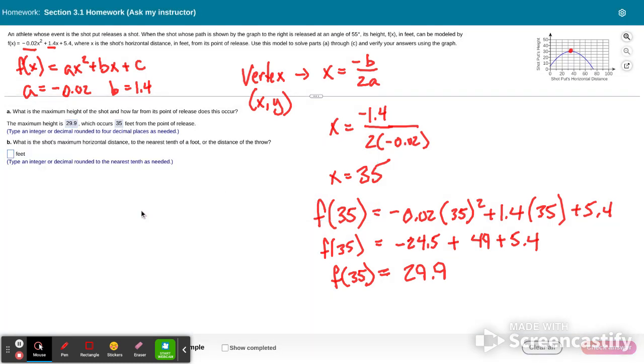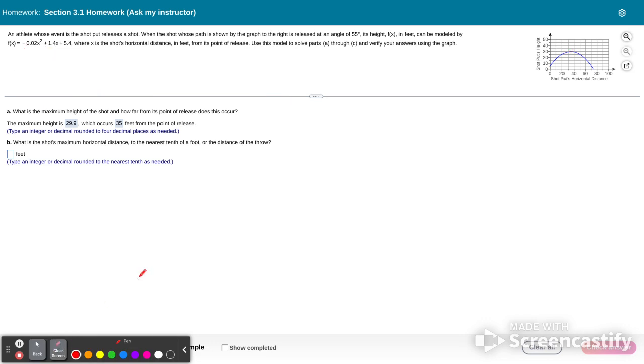All right, so we keep moving. Now it says, what is the shot put's horizontal distance to the nearest tenth of a foot, or the distance of the throw in feet? What that's saying is, what's the furthest this thing is going to travel? So I'm going to clear the screen and reboot on this. Okay, so if we pull this back up,